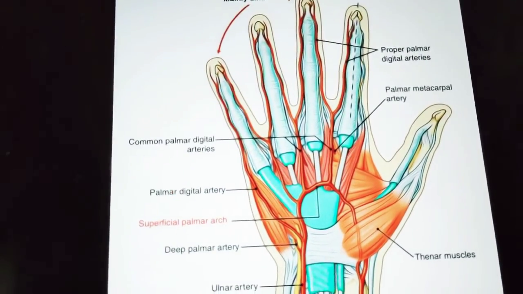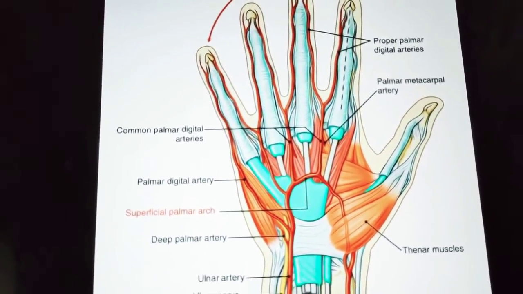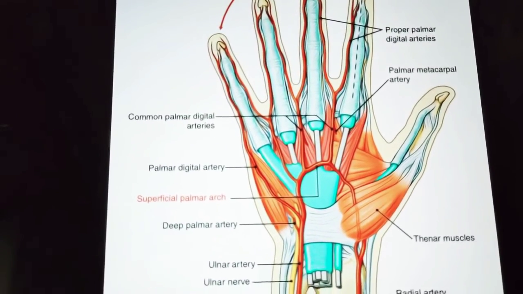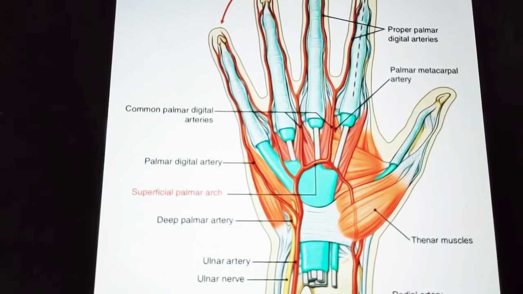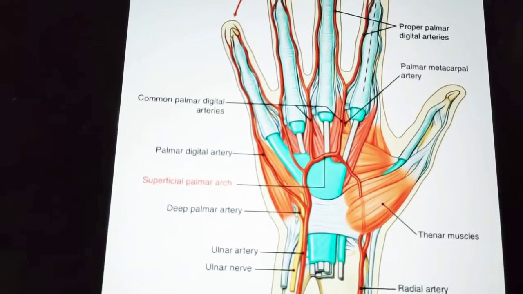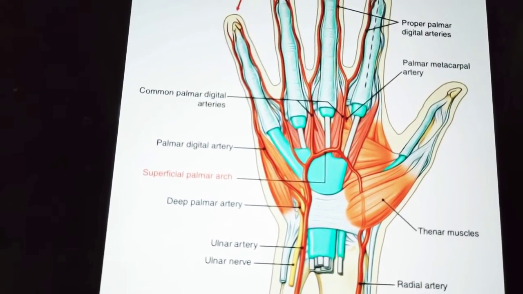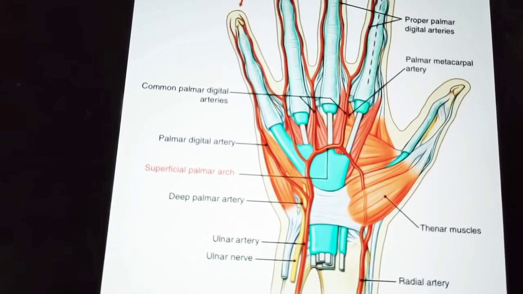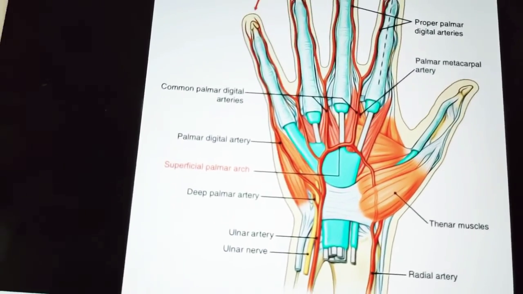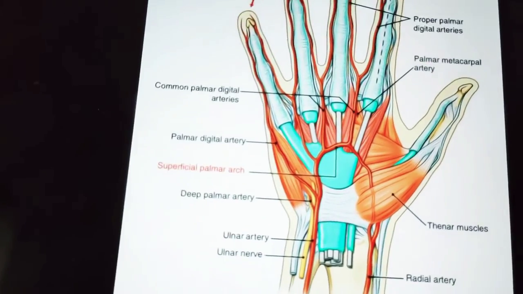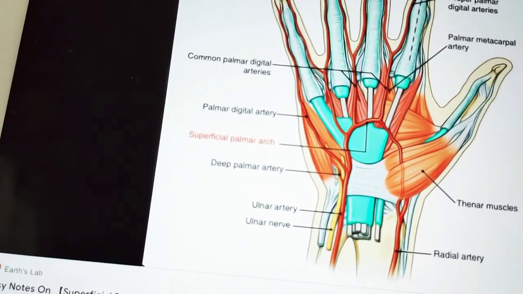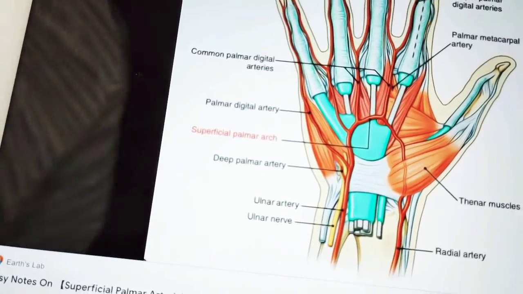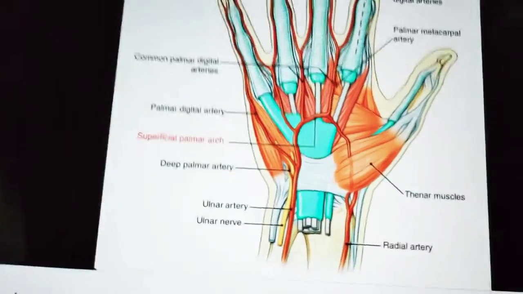So that's why we have drawn a line to represent the lateral side which is supplied by the radial artery. Now we will discuss the deep palmar arch. The deep palmar arch provides a second channel connecting the radial and ulnar arteries in the palm, the first one being the superficial palmar arch. It is situated deep to the long flexor tendons. It is formed mainly by the terminal part of the radial artery, and also medially at the base of the fifth metacarpal bone by the deep palmar branch of the ulnar artery. Even the ulnar artery takes part in it.